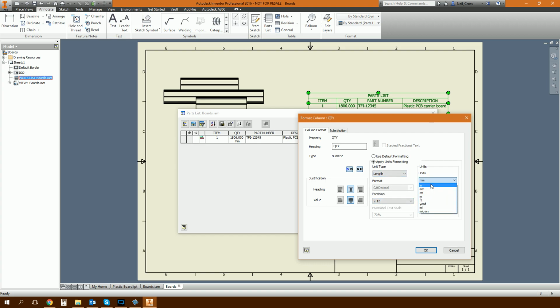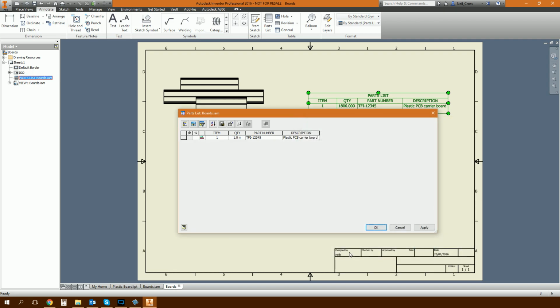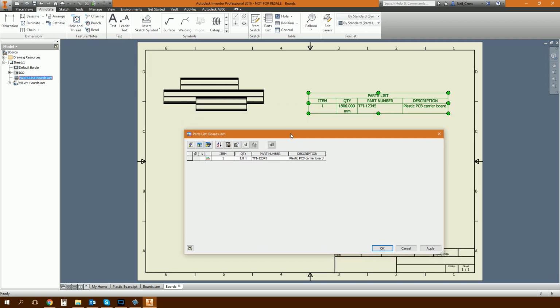So you can say, well, instead of millimeters, because we're into the range of meters now, show the length in meters, change the separator to a dot, and for precision you can say 1 decimal place, for example, and then click OK. And as you can see, it was 1806 millimeters, but it's rounded it down to 1.8 meters,